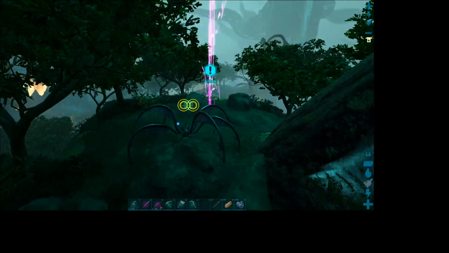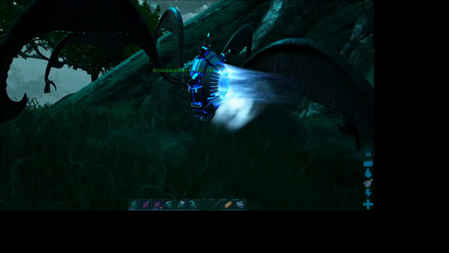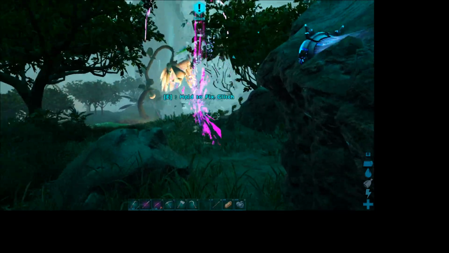Now, another thing I wanted to say is don't put yourself actually on top of the glitch with your mount. If you do, it thinks you're trying to access the glitch, because even though you fix the glitch,